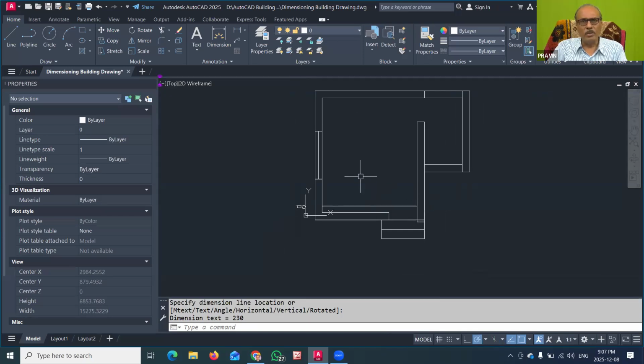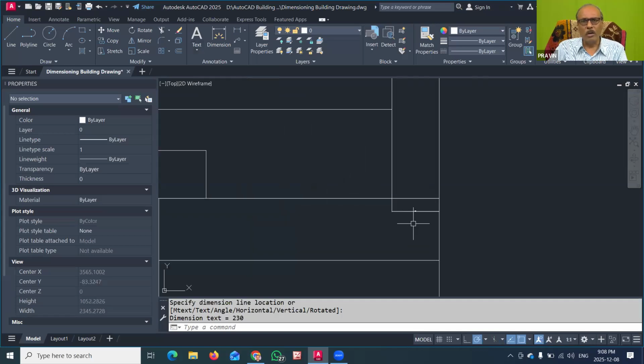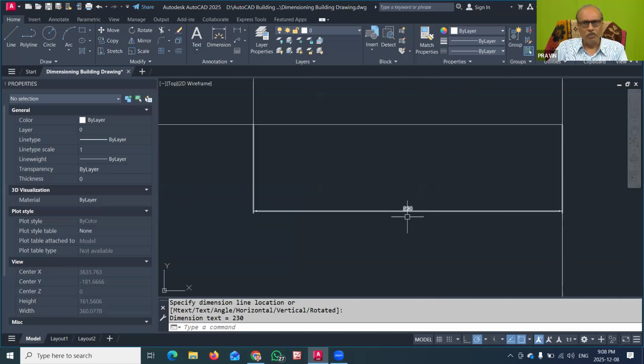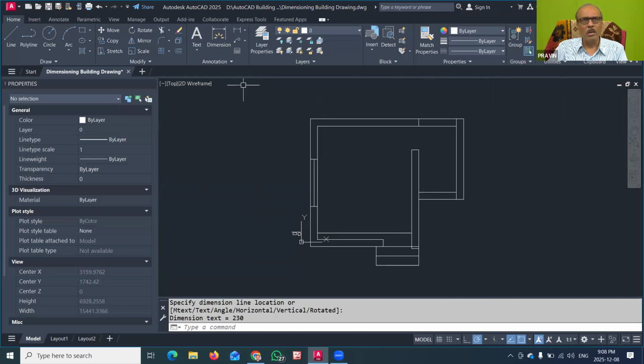And for that, today's session is very important. You have to note down the steps for giving proper dimensions for the building drawing. First of all, the first step is that you have to create a text style. You always know that the default font for AutoCAD text is TXT. We have to change that. We have already seen in the text command that we use the Arial font, so here also I will do the same thing.